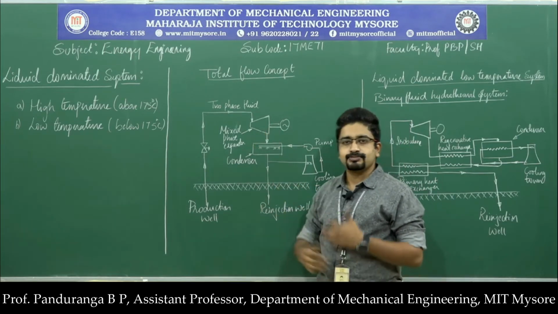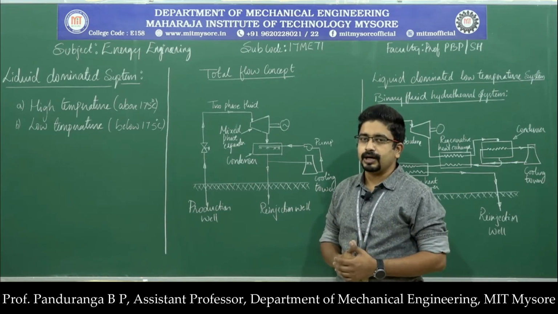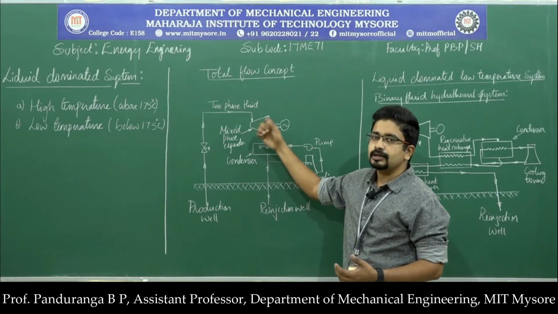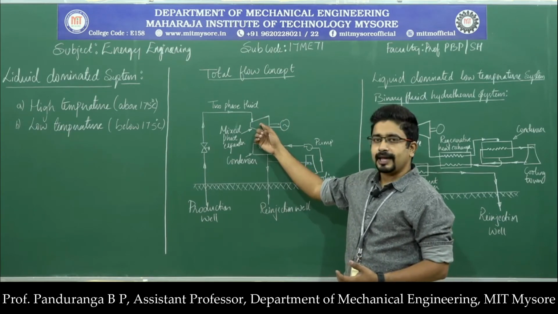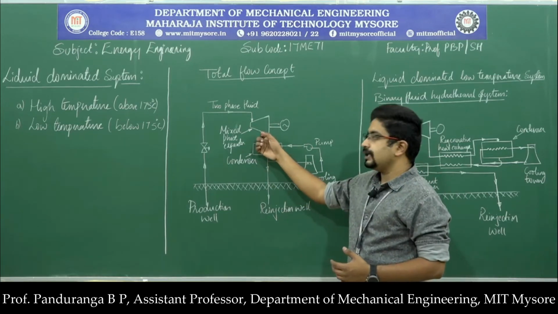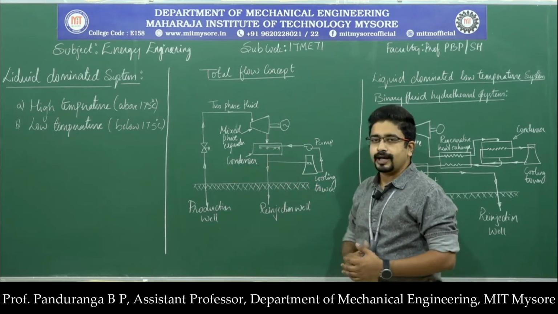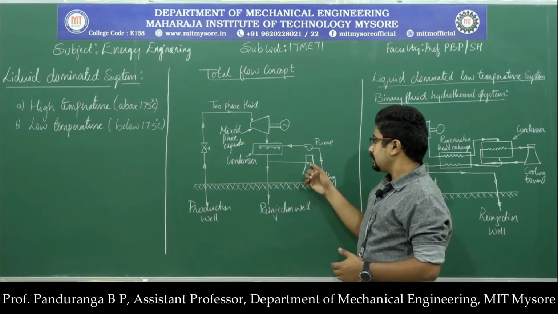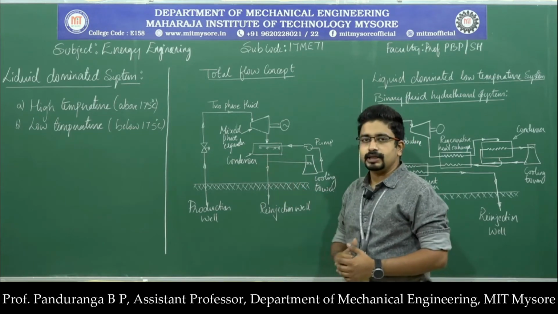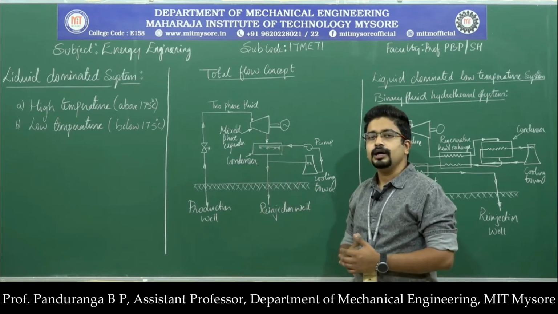So this expander is a special kind of expander or turbine which can convert energy from the vapor as well as liquid water, and here the two-phase fluid expands, and the mechanical energy will be supplied to the generator which produces electrical energy, and then the two-phase fluid coming out of the expander will be supplied to a direct contact condenser, where the cooling water from the cooling tower will be supplied, and that cooling water mixes with the two-phase fluid and condenses that back to liquid water.